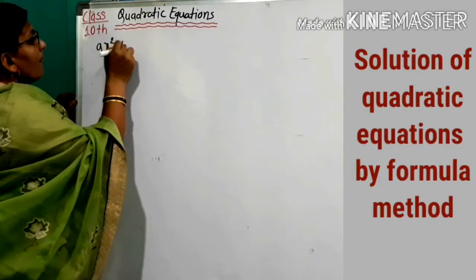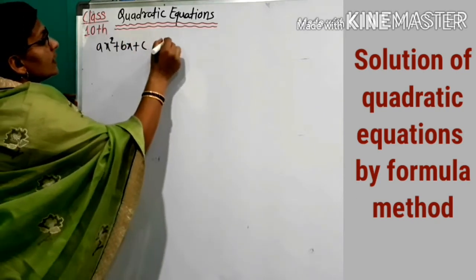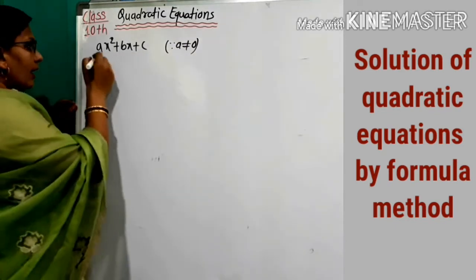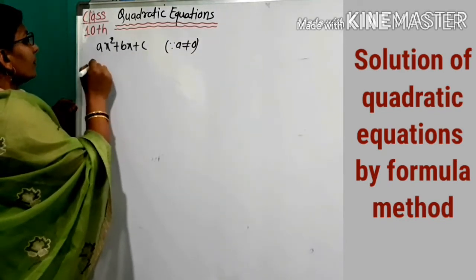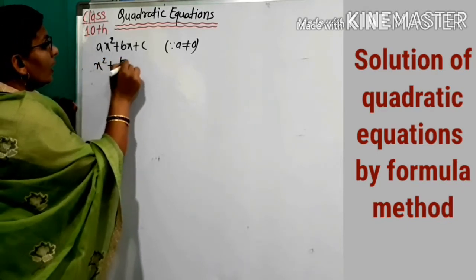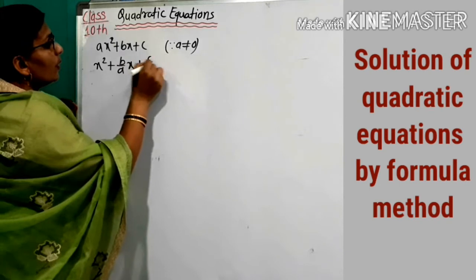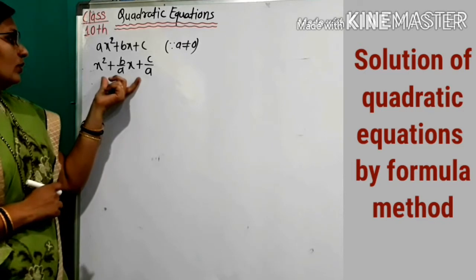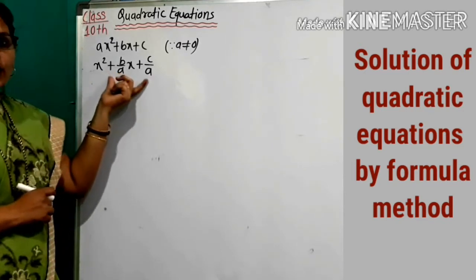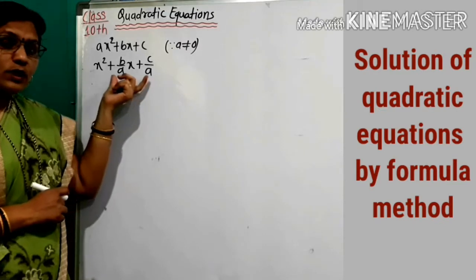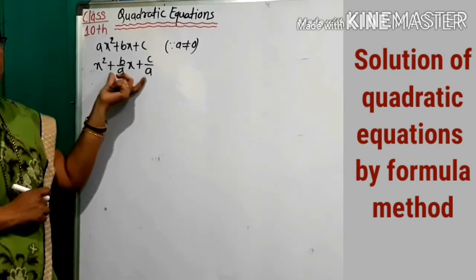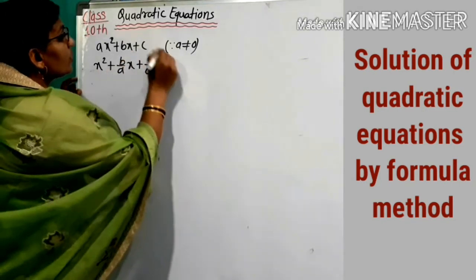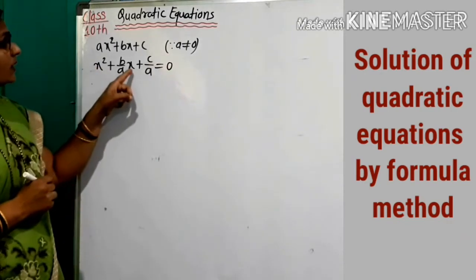x square plus bx plus c, since here a not equal to 0. Dividing this polynomial by a, we have x square plus b upon a into x plus c upon a. If we convert this polynomial into a difference of two squares, then we have the solution of this polynomial, that is, the solution of x square plus b upon a x plus c upon a